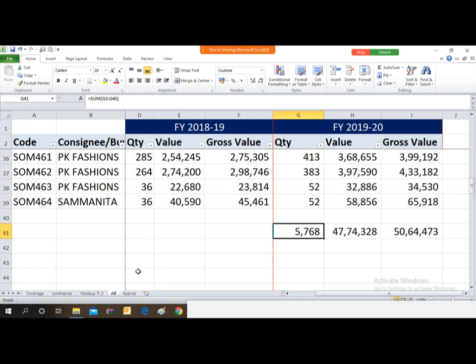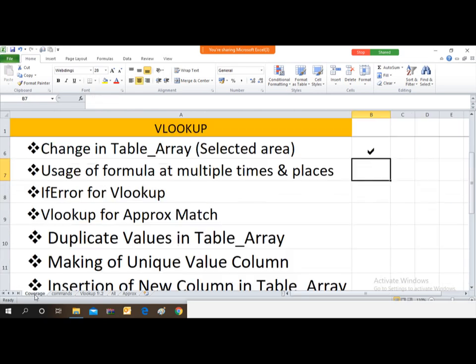So let's now move to the next topic: IFERROR for VLOOKUP. Friends, this is nothing but the removal of error values.